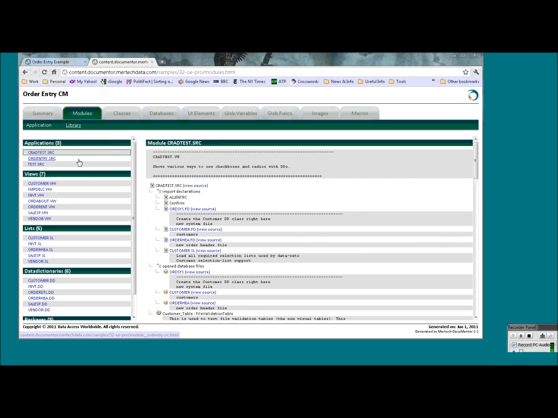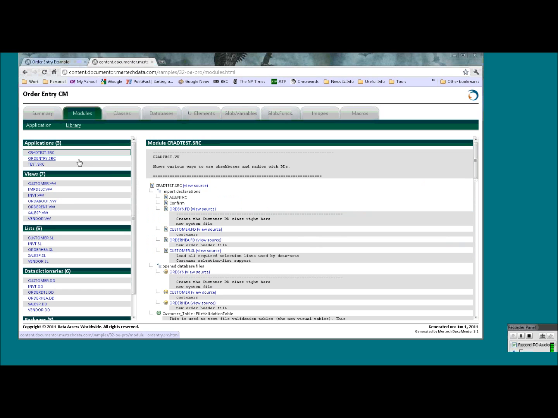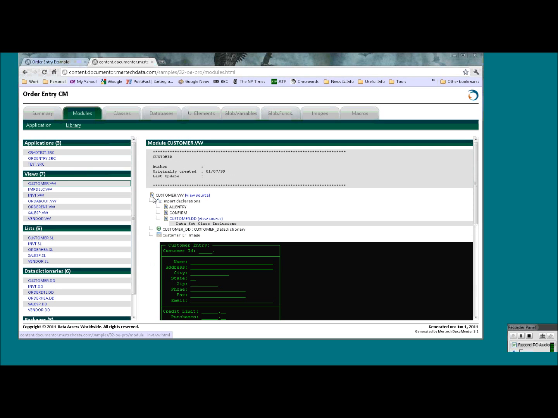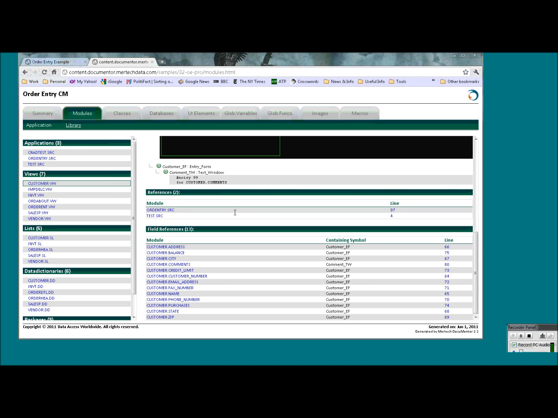I think the largest application that we profiled had like 2.4 million lines of character mode code, and I think there were like 3,600 different SRC files. But anyway, in this particular case, you can look at a view, you can look at the